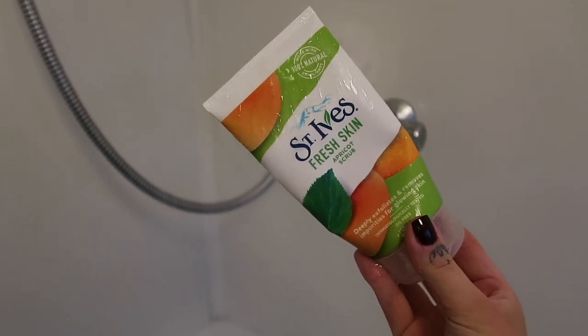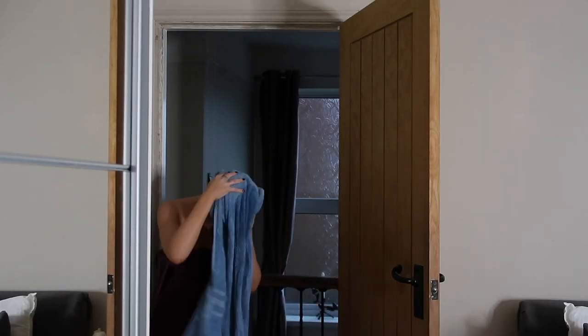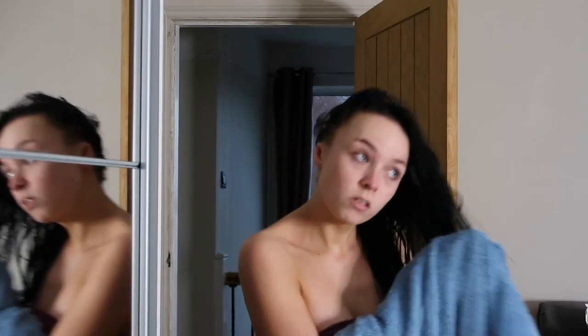Whilst in the shower, I will exfoliate with my facial scrub to remove any excess makeup and use my new favourite shampoo and conditioner. Being fresh out of the shower is one of the best feelings ever, but it also